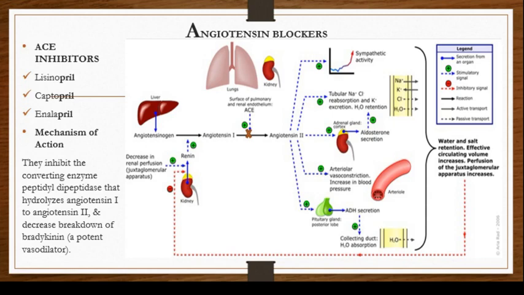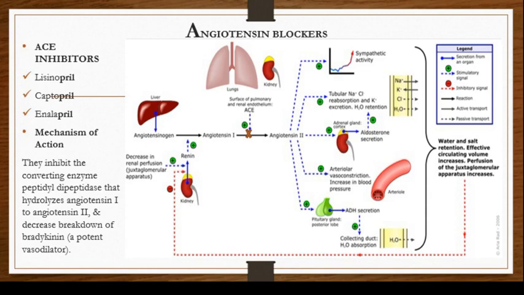So basically, the first class of drug we are going to talk about are the ACE inhibitors, or the angiotensin converting enzyme inhibitors. Examples of these drugs are lisinopril, captopril, enalapril, and all those drugs which end with the